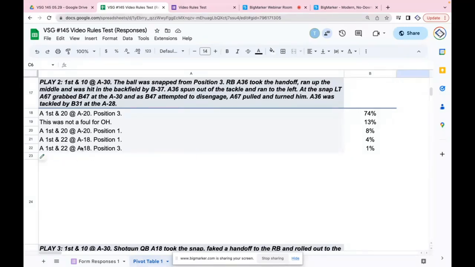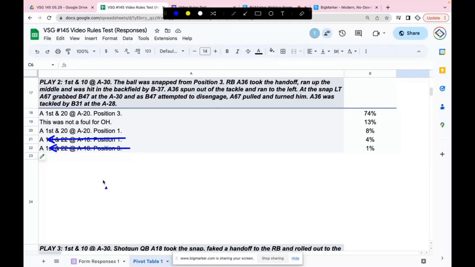Anyways, we're going to have to remember this in some kind of way, but one percent said first and 22. It's holding. Okay. Can I just do your technique here? Hold on. It's first and 10. I was clicking. Oh, it's first and 10. So how could we ever wind up at first and 22 if we're talking about holding?